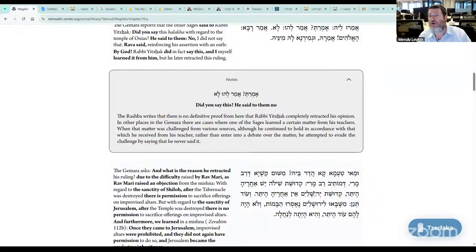The Meiser Mari asked the question. Kedusha Shili yesh acharei heter, kedusha shilo lo yesh acharei heter. We have a clear Mishnah. Our Mishnah that we just learned says that Yerushalayim is exclusive, and even after Yerushalayim is destroyed, it is never permissible to sacrifice outside of Yerushalayim. So how could Rabbi Yitzchak say you could sacrifice today in the house of Chunya?